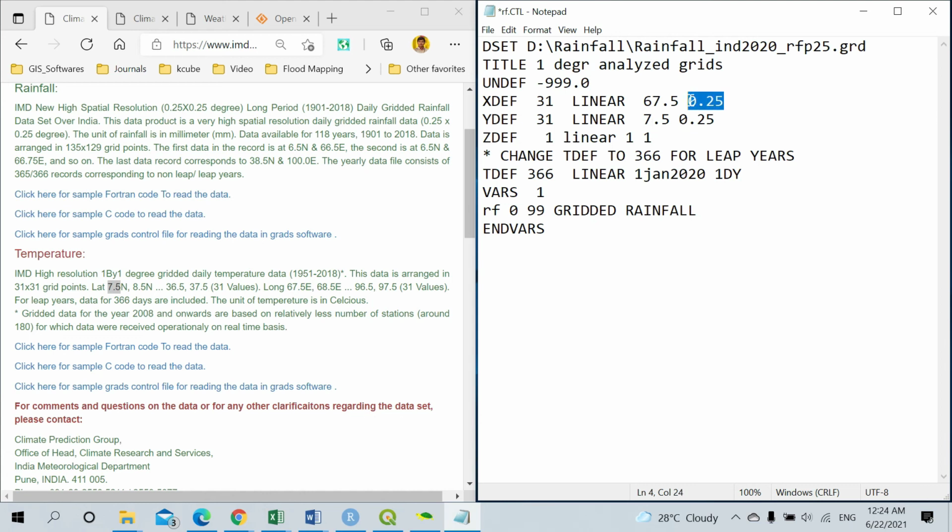So the degree is actually 1, and here also it is 1. For temperature, the other things are more than sufficient. We don't have to change anything. So this is how it should be present for your temperature data.